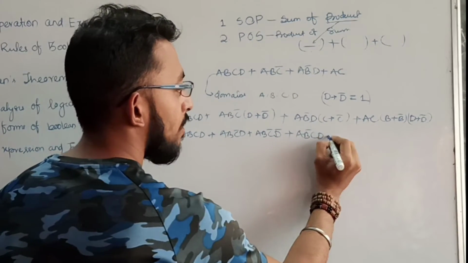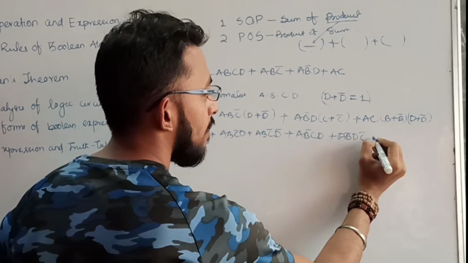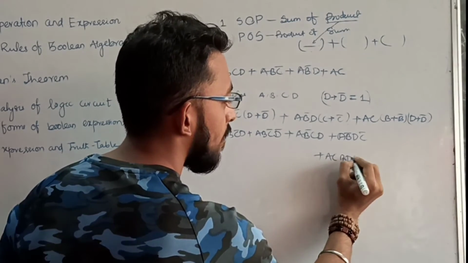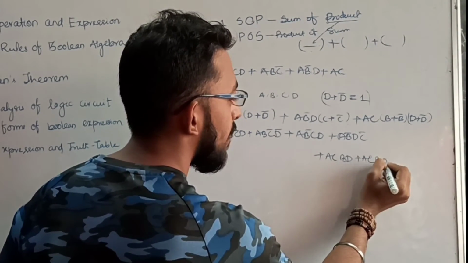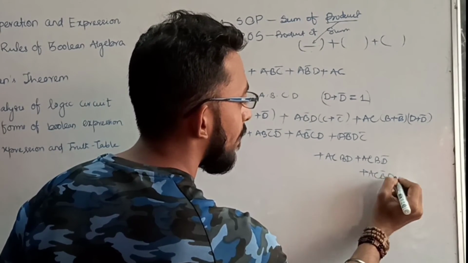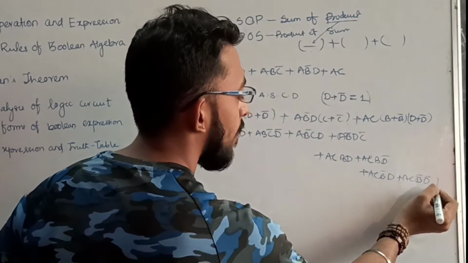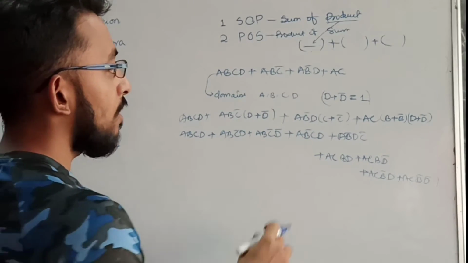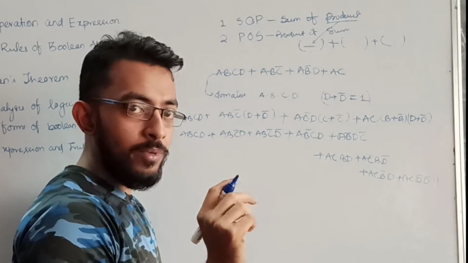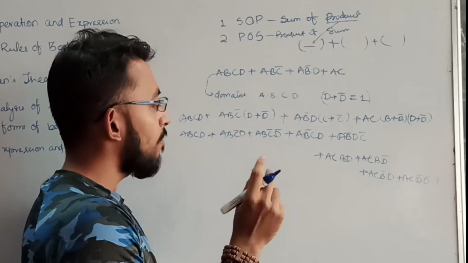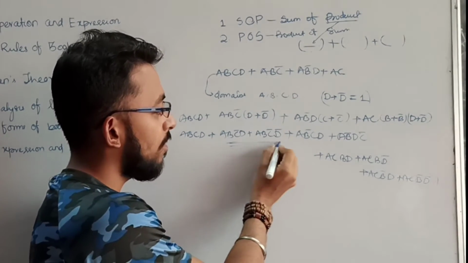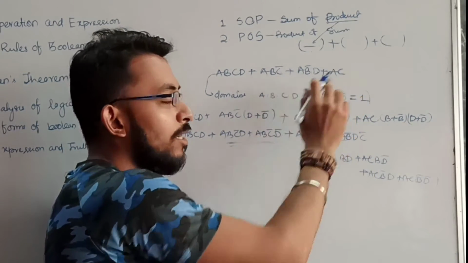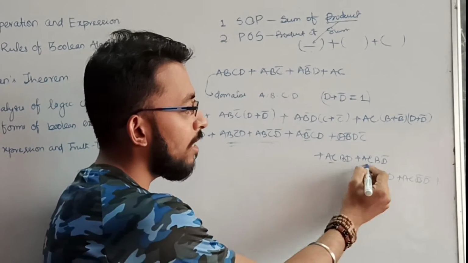Okay. Then A B bar D C bar plus A C, you have to multiply this term, ACBD plus ACBD bar plus ACB bar D plus ACB bar D bar. What I did, I just used this distribution formula, I just opened this one. So you see, here there is one missing term or one domain. Because of that, since there is one missing term, two extra terms came. Here one missing term is C, therefore two terms came. Here there are two missing terms, one is B, one is D. For that, 4 terms came.